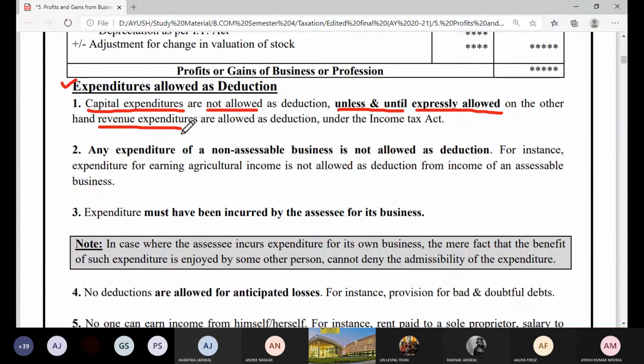So what we need to check, if we see any expenditure, is first whether it's a capital expenditure or revenue expenditure. If it is a revenue expenditure, then it's okay. If it is a capital expenditure, we need to remove it. Now, again, if you see that a particular expense is a capital expenditure, please do check the adjustments, whether it is expressly told to you in the question that this item needs to be treated as revenue expenditure.